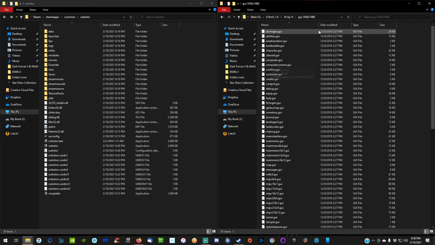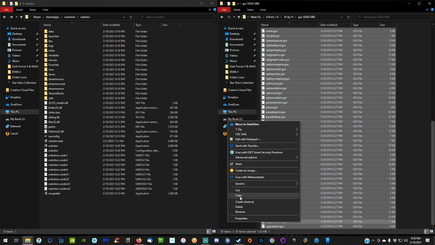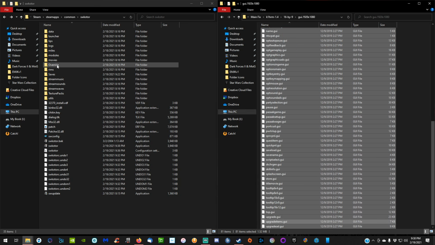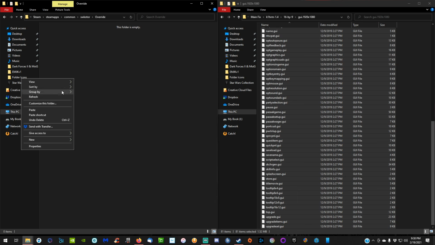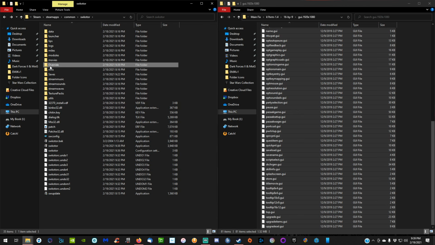Double click that. It's got all these files in here. You're going to copy all these files, and we're going to put them into our override folder. If you don't have an override folder, you can create one and paste them in there. And make sure that the O is capitalized on override. All right, so now with that done,